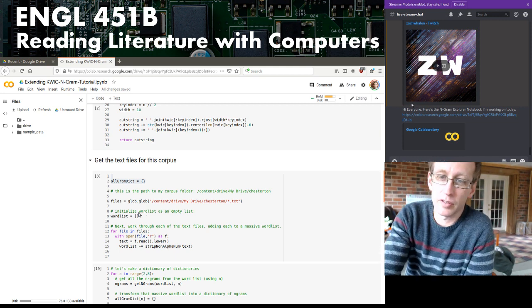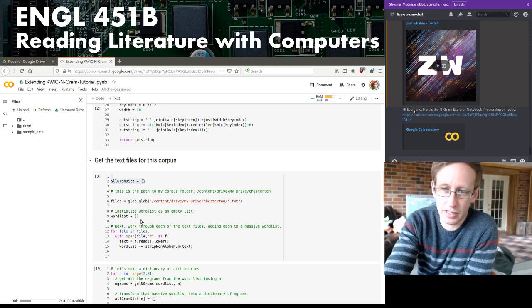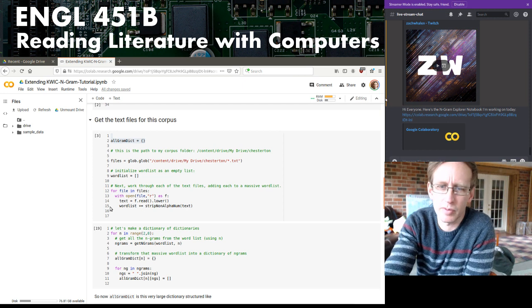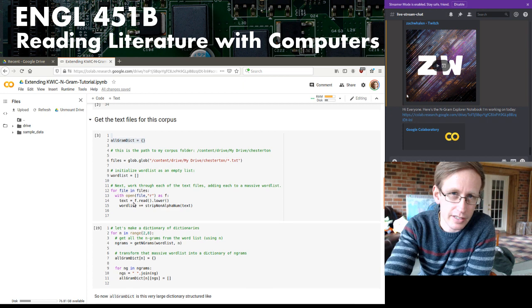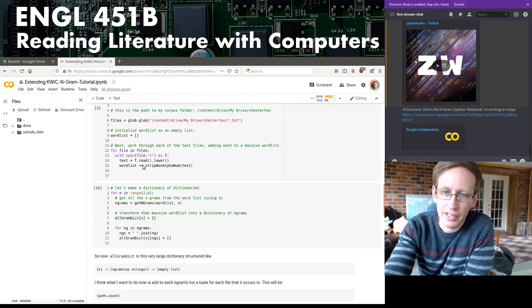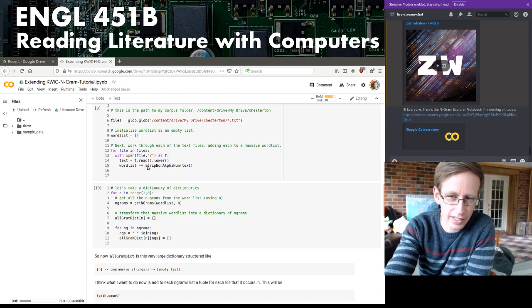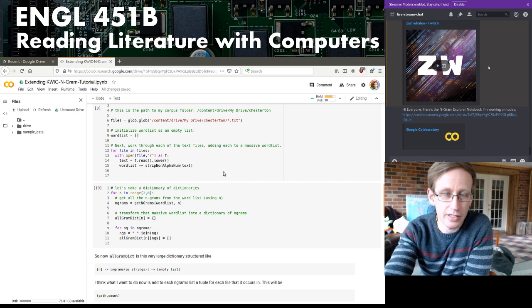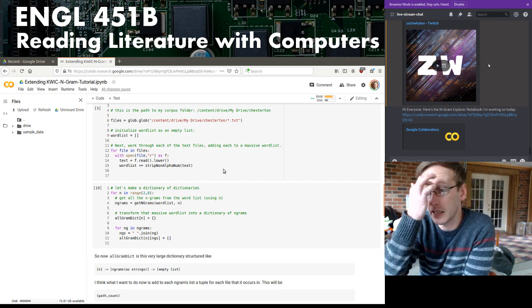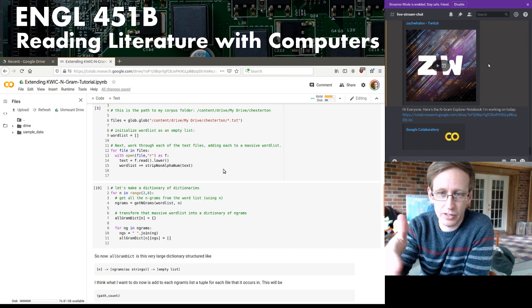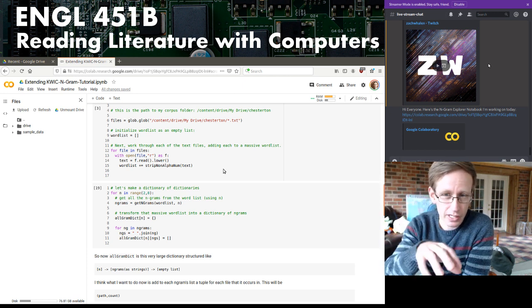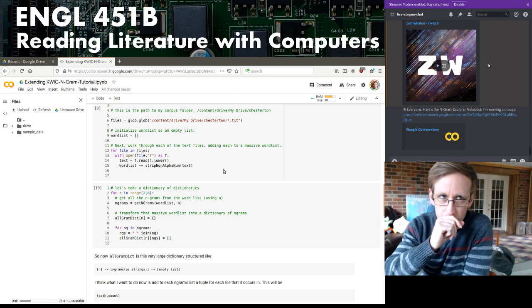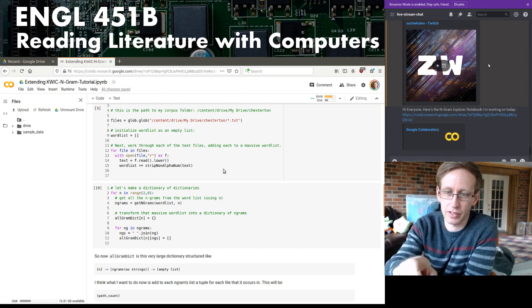I needed to make a word list, so it's just a list of all of those words. This is what we did before. And this took a while. I mean, I say a while, it took about 30 seconds or so. This one then made a dictionary out of each type of n-gram. So 2-grams, 3-grams, 4-grams, 5-grams, 6, and up to 7-grams. So 2-grams up to 7-grams. I made an entry in the dictionary for each of those,